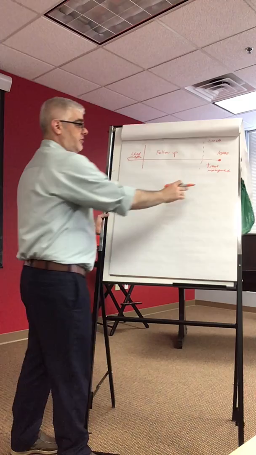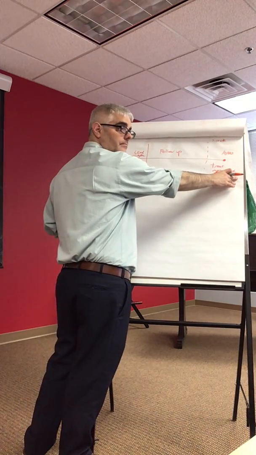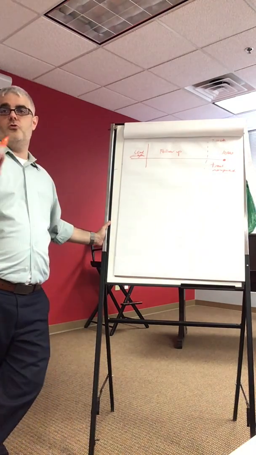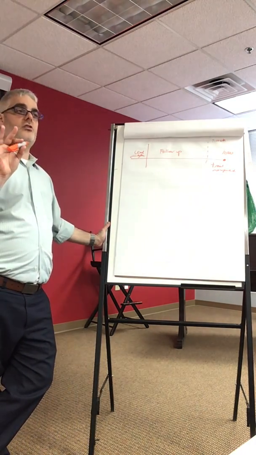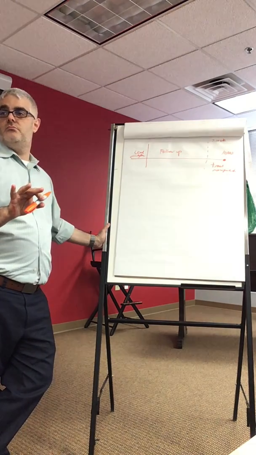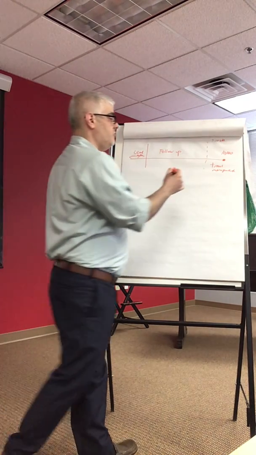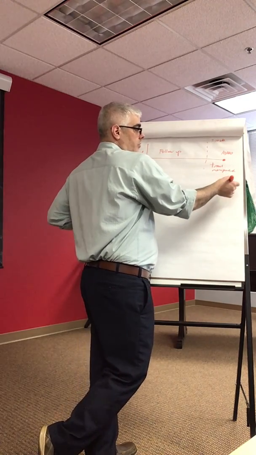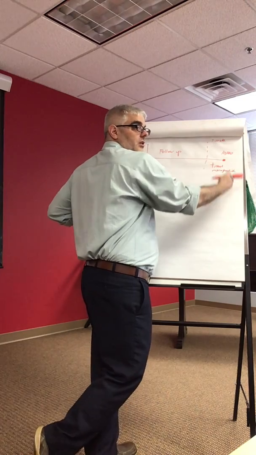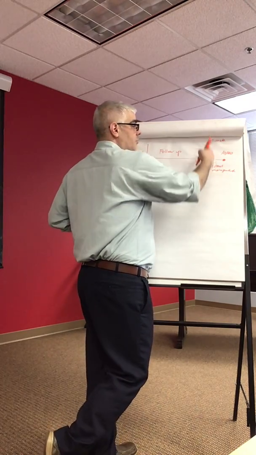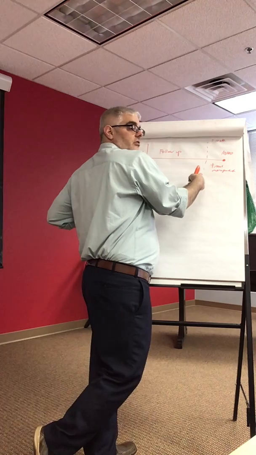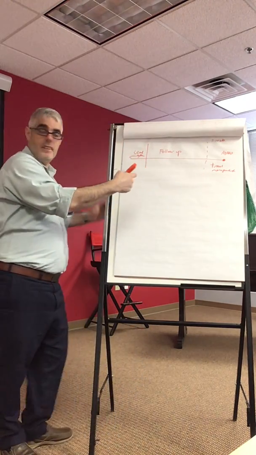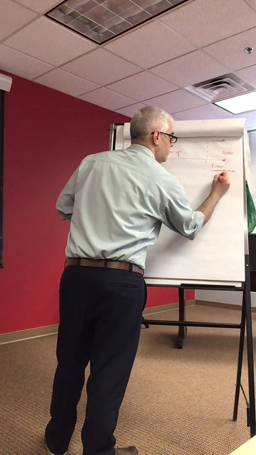So, let's start over here, okay? What we know is that basically every single thing that you do more than one time should be turned into a system. Make sense? So you can look at your transaction management and say, what do we do? These are like a lot of what will ultimately become the checklists, right? When we get an opportunity to sit down with a serious buyer, a serious seller, what do we do? What do we do next? What do we do after that? What do we do after that? Right? So these are a bunch of checklists